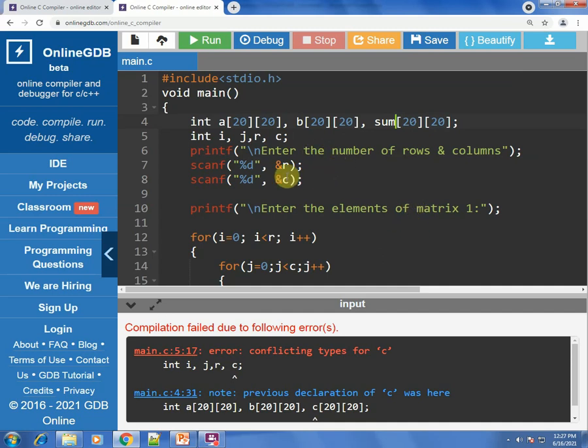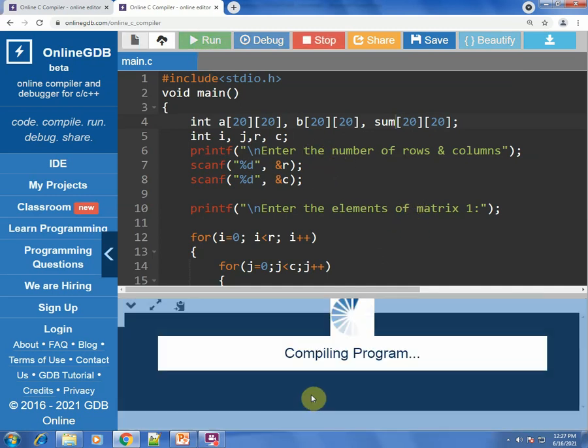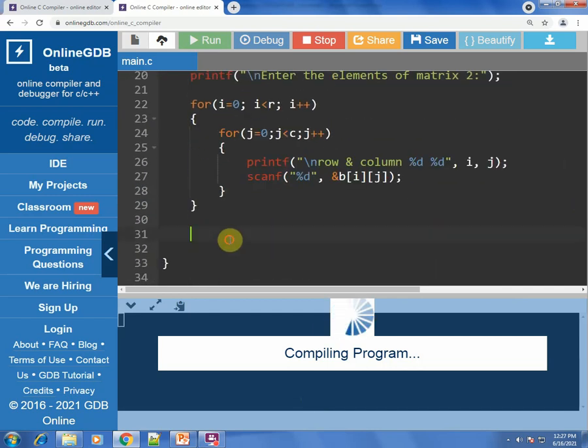Okay, so we name it as sum. We'll run. I think there is some network issue because the program is taking long to compile.